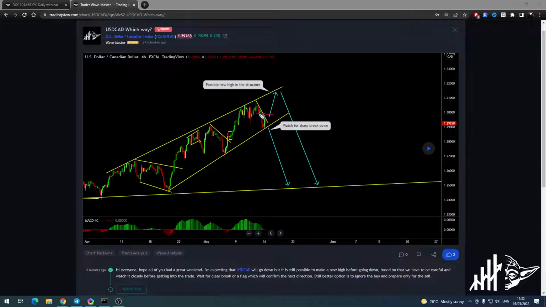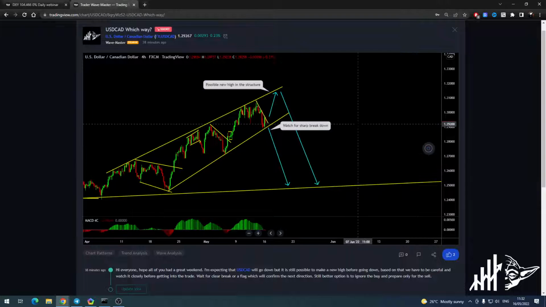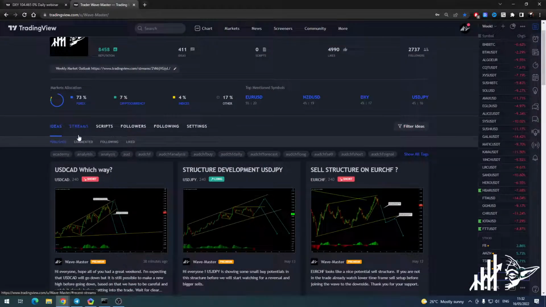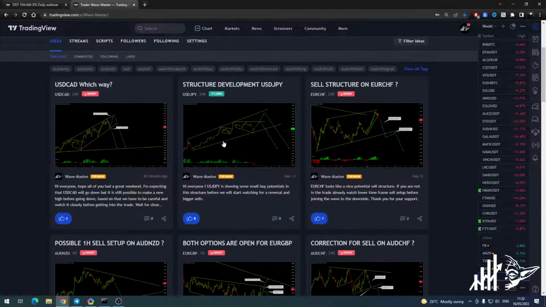On Friday there was the sell stop. If you took it, great. You're supposed to put the trade on break even. If you didn't, now let's see how this develops. Wait for the sharp breakout, or wait for a new high and wait for the same scenario over there, and you will be selling it from the higher points. Really good. I posted that idea this morning, 30 minutes ago, so it's still active. That's what you have to keep an eye on and what you have to watch.